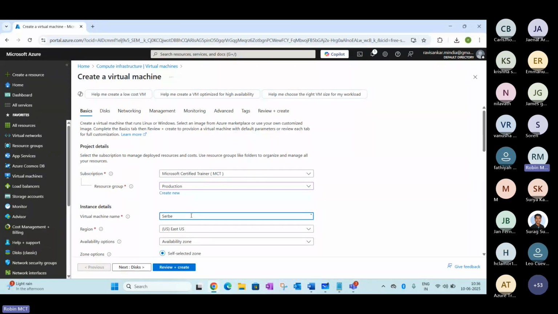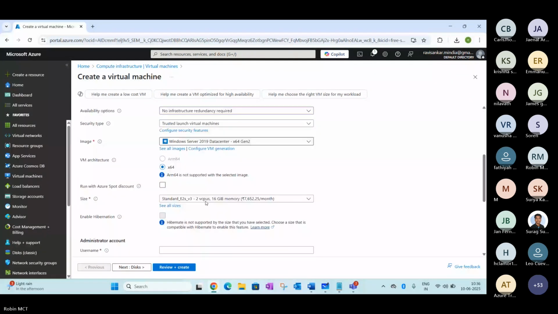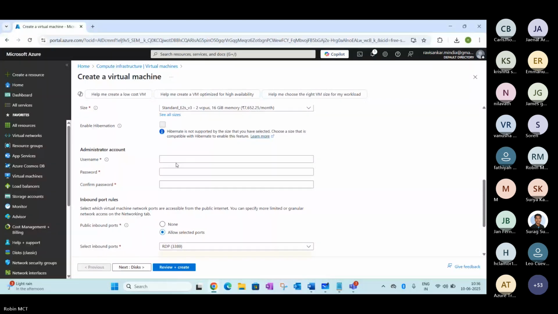Trying to create one more server here. Server 2. I just created one more here.